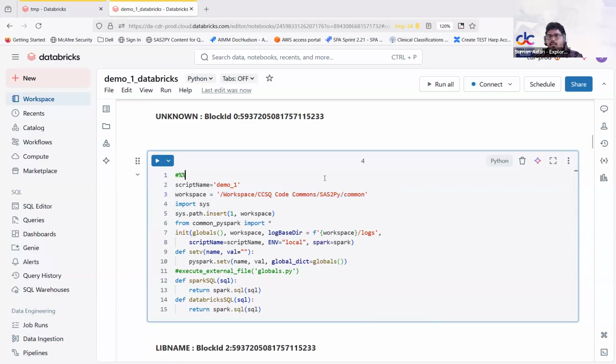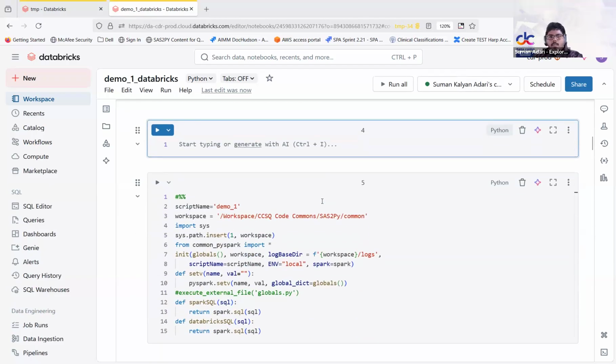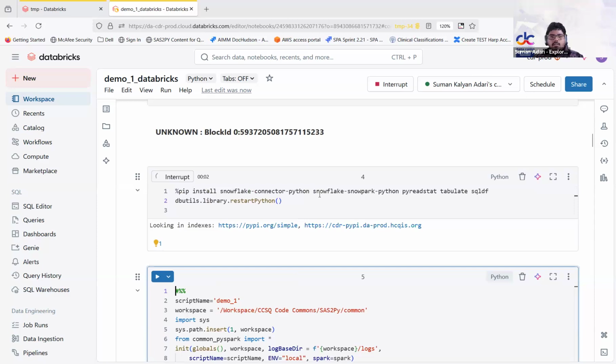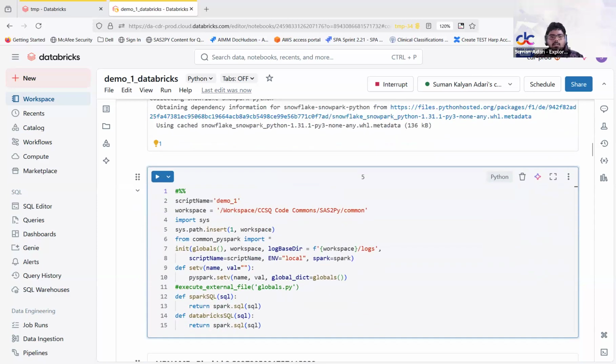And that's not the only step. Actually, let's connect our cluster. That's not the only step. So once I have my cluster connected, you need to also install a few packages. And actually, a few things have changed with Databricks. Everyone now has their own cluster, which means you can pre-install these packages. Either way works. You can just do this every time you start up a cluster, or you can put these packages in your cluster to begin with. But let's first run this. It'll take a few seconds to run. In the meantime, let's